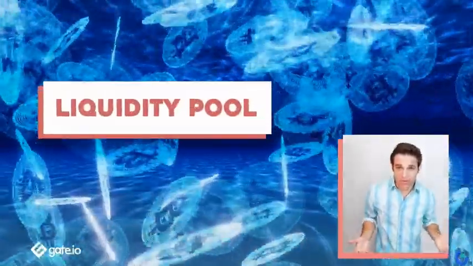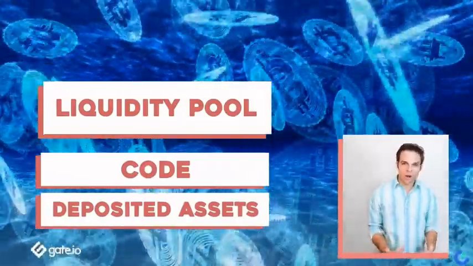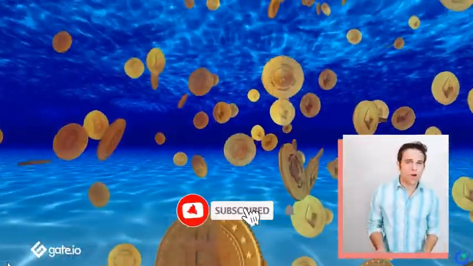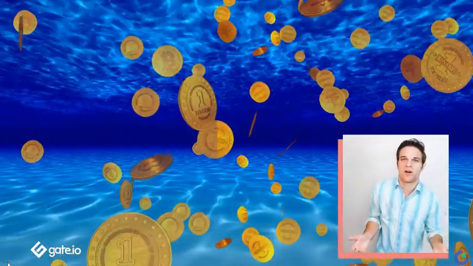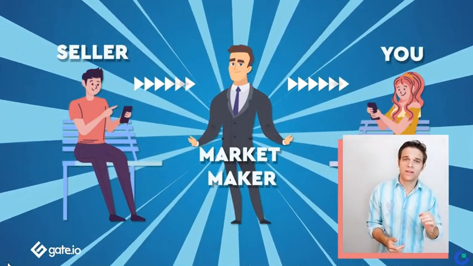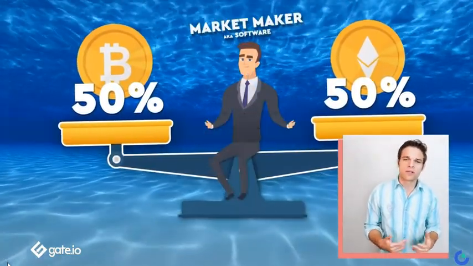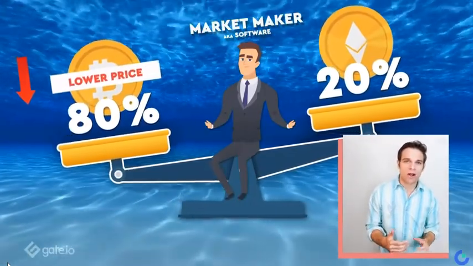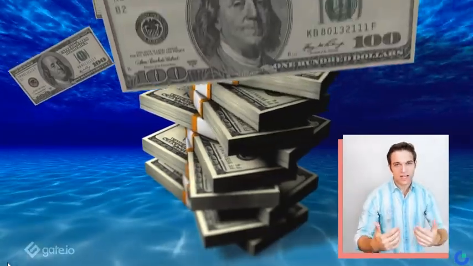Okay, so what is a liquidity pool? A liquidity pool is two things: code and deposited assets. The code is an automatic market maker that allows for any two assets to be traded. It could be Bitcoin and Ethereum, or Bitcoin and USDT, or Dogecoin and Elon Musk's armpit token, whatever. It could be any two assets. The automatic market maker sets the price of what these two assets could be traded at based on how much it has in the liquidity pool. For example, if everybody buys up Ethereum in the pool and it has excess Bitcoin, the software would lower the price of Bitcoin. So when you deposit your assets into a liquidity pool, you earn a steady flow of commissions,